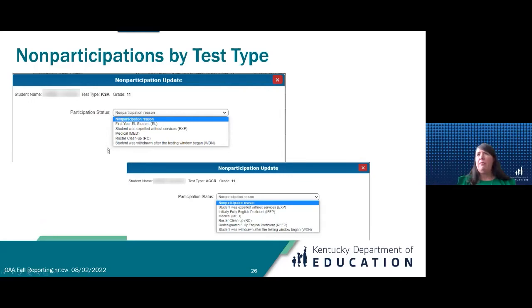For an example, back in the spring, a student who participates in alternate assessment, alternate KSA, but they were on the KSA roster. Well, that means something was wrong in Infinite Campus, that you didn't have that checked in their IEP, that they participate in alternate assessment.